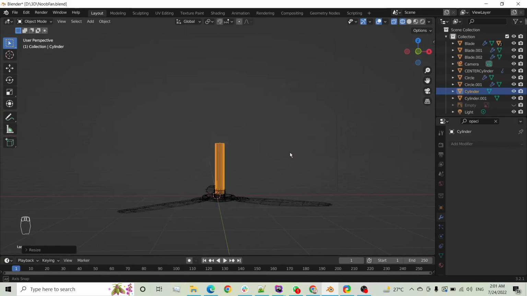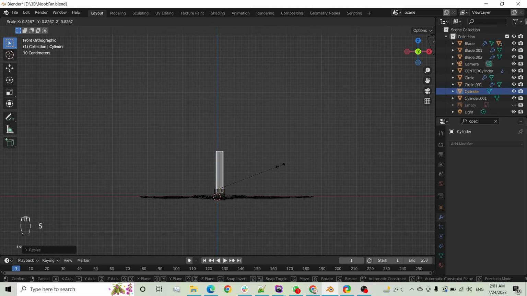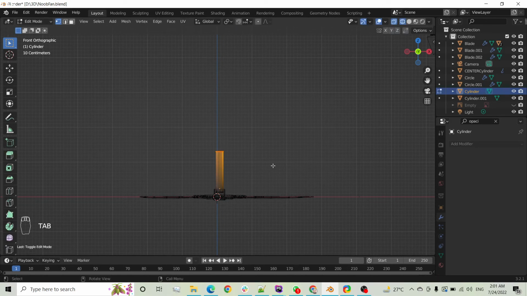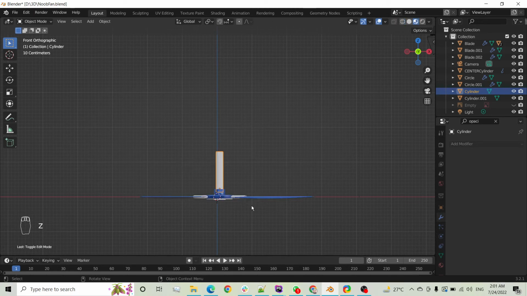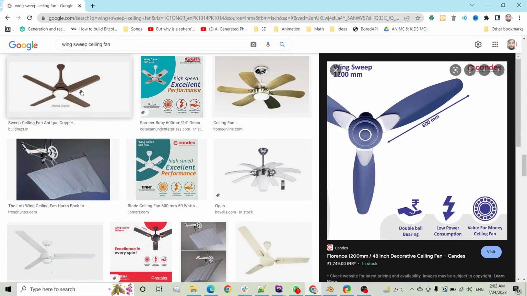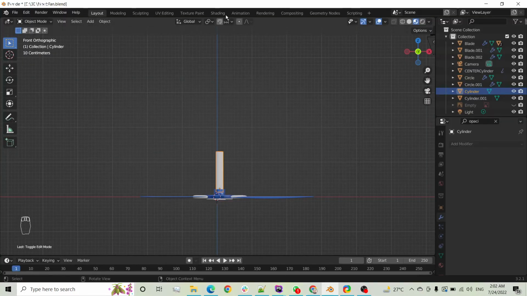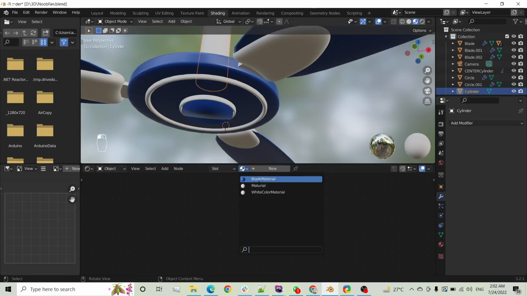Don't worry about the resizing, it would be still in the center of that cylinder, so I will just scale it down a little and then again I won't do that again. Now material preview, it should be of the same color as the blades. For example, if you look at this or this or this or this and this, it's of the same color, so we have to comply with this and this, so it should be of same color. So go to shading, color and material blade,